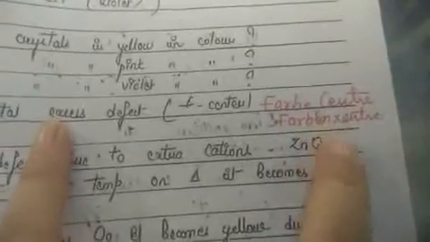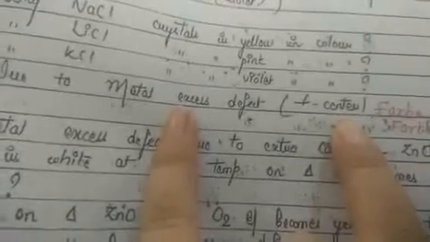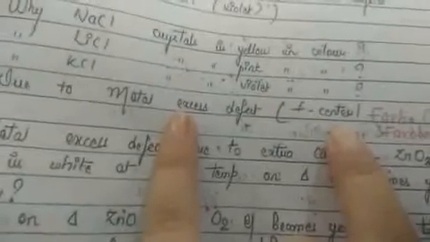anion vacancy. Now if we talk about it in detail, then this electron-trapped space is called the F center. And why is it called the F center? Because this metal excess defect creates this F center, which was actually known as Farbe center or Farber center. So in short it is called the F center. What is the F center if anybody asks? Then the answer is: an electron trapped in anionic vacancy in metal excess defect is called the F center.